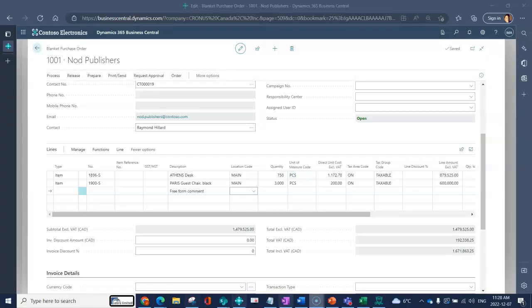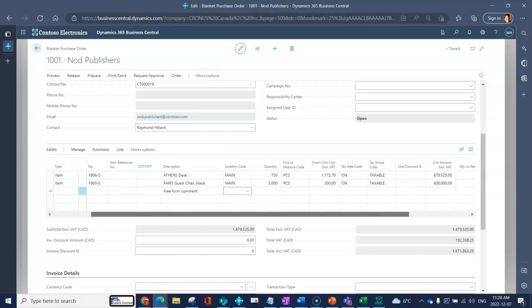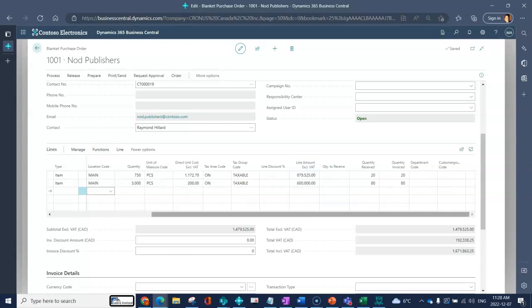So now that we've got our blanket PO, another step may be that we want to go ahead and create a purchase order release. So if I were to say, okay, my blanket amount was $750 and $3,000, but I now need my supplier to send me, let's say, 25 of the desks and 25 of the chairs, just for the sake of easy